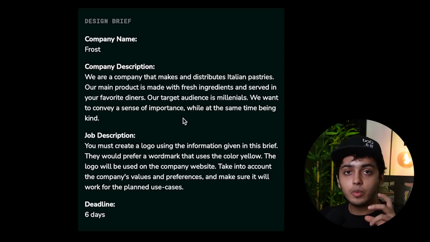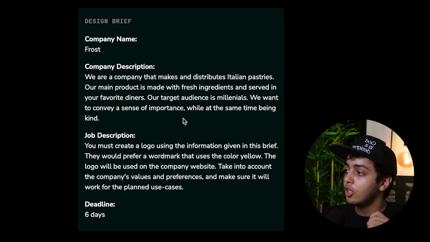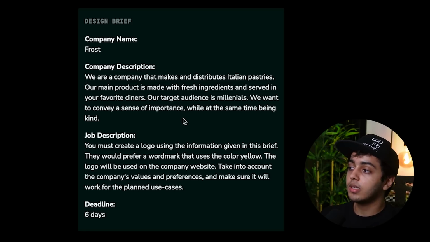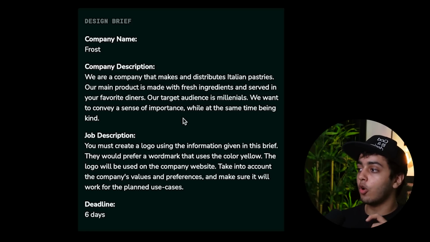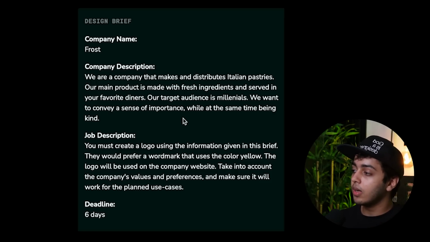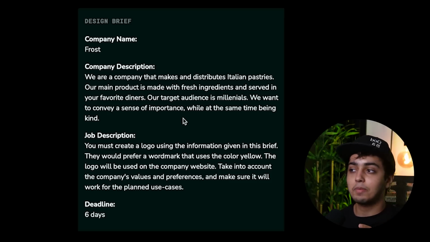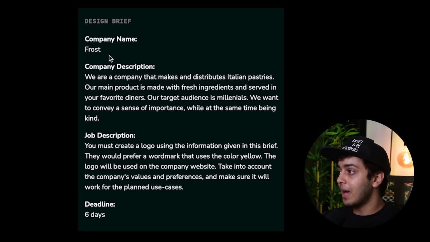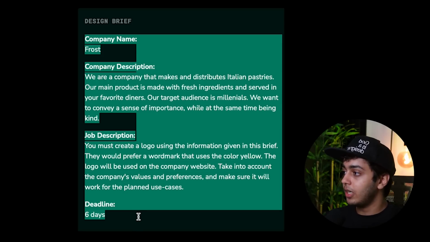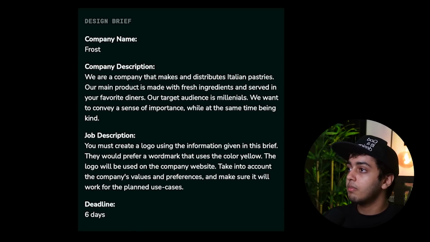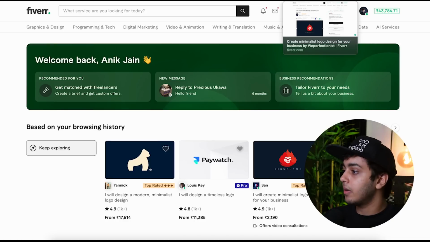The job description, which will be the designer's description: you must create a logo using the information given in this brief. They would prefer a word mark that uses the color yellow, and the logo will be used on the company website. Take into account the company's values and preferences and make sure it will work for the planned use cases. And the deadline is 6 days, but I think we might have to push that a little bit. We might have to tell them to do it in 2 days. But yeah, so what I'm going to do is I'm going to copy this brief right here, and